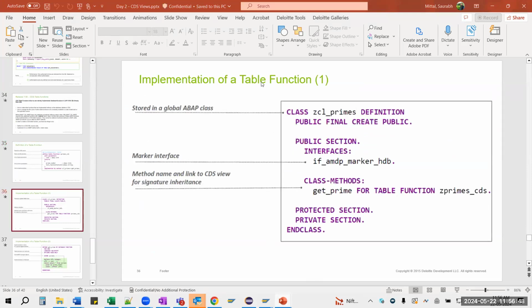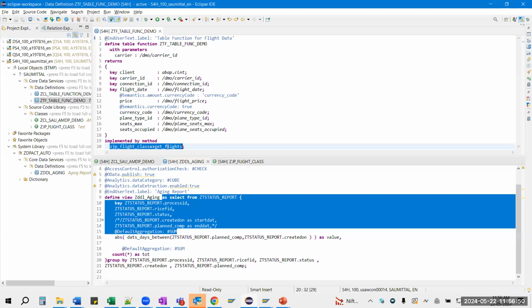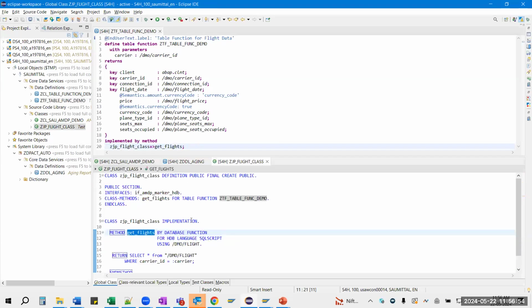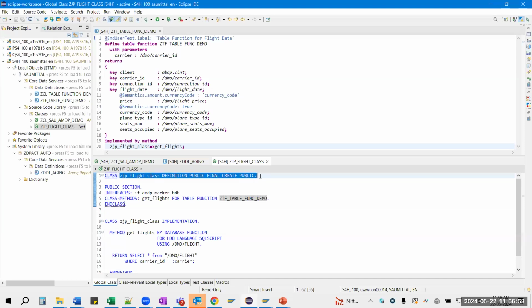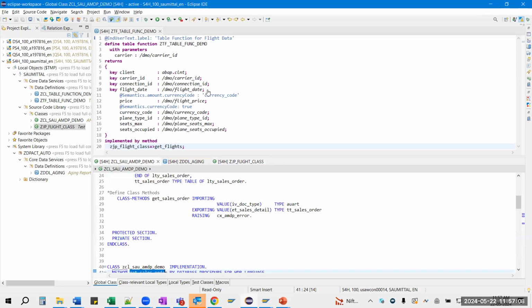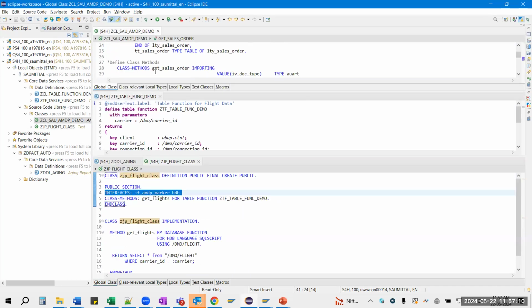Now how will you implement this? I will go to the implementation. See, this is my class. Because this is an AMDP function, it will use the same tag interface. Now in my AMDP,